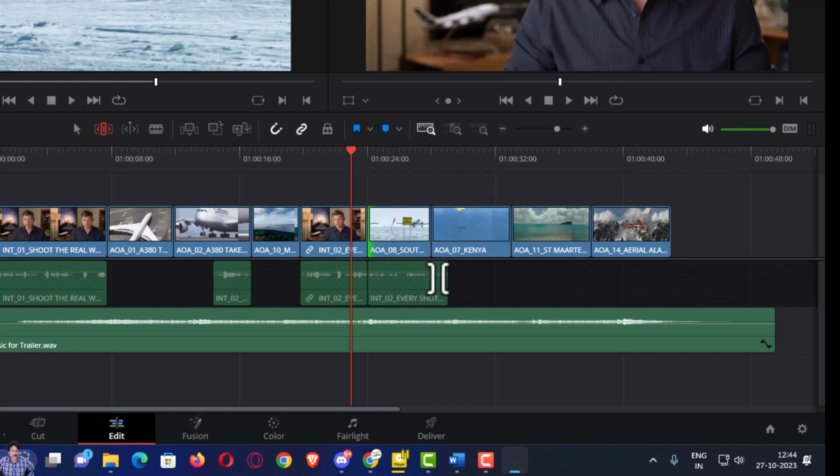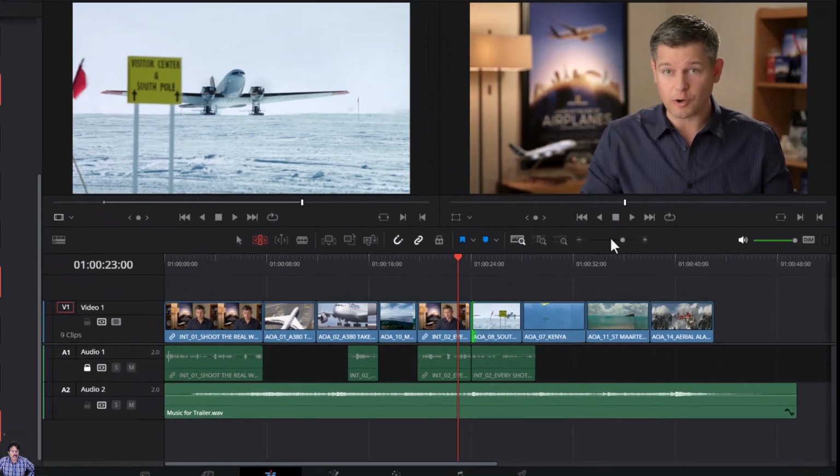I will just click on zoom extend, and you can see here now if I play it,